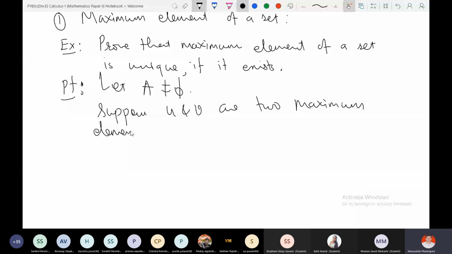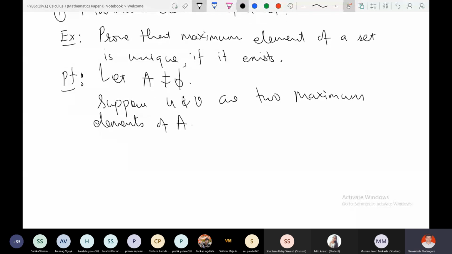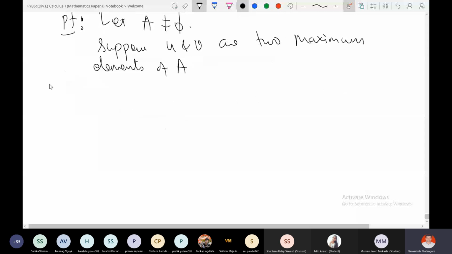Suppose U and V are two maximum elements of A. Therefore, by the definition of maximum element, U and V are members of A, because a maximum element is always a member of the set. And when we say that there are two maximum elements,